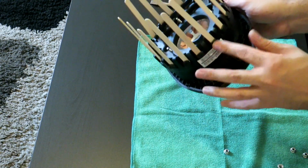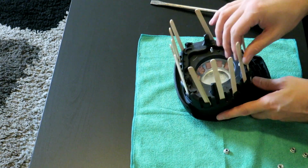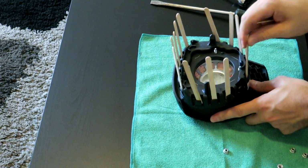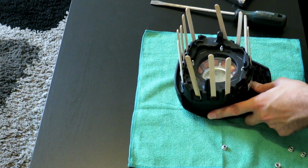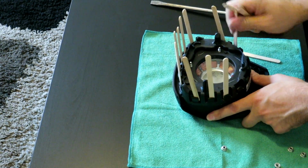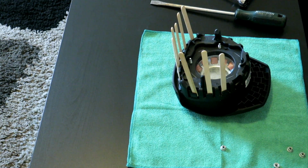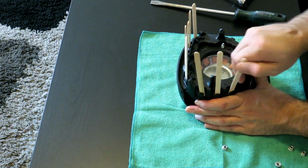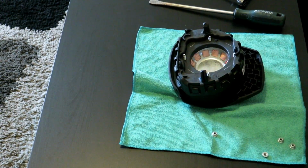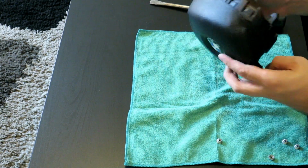Now that I have all these tabs cleared, if I pull them out, it should just come off super easy by hand. So I'm going to try that now. Because this is what's creating a lot of tension for me. I needed them to get started, but now that it's started, I don't need them anymore. I bet you it will slide right off after that. They've done their job. Last one. Let's see how easy it becomes now. Still tight, but